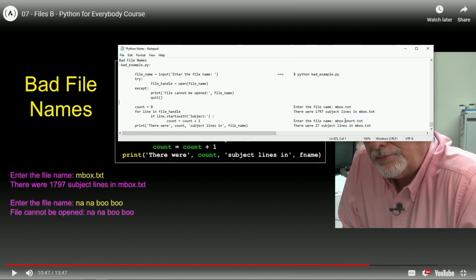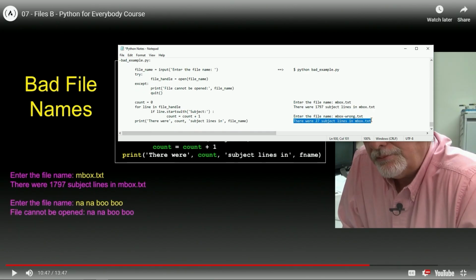Enter the file name. Let's just call it inbox wrong. Instead of this nonsense. And then under there, it's going to say file cannot be opened. Inbox wrong.